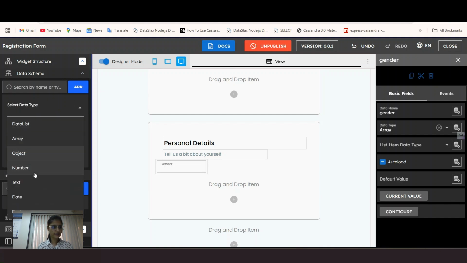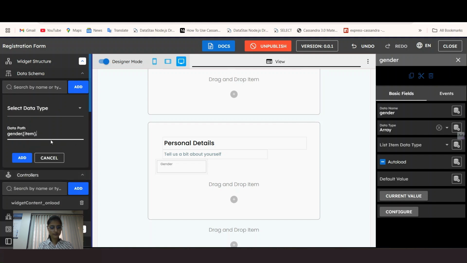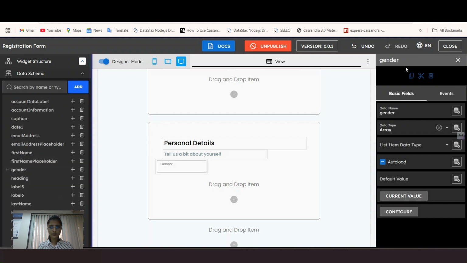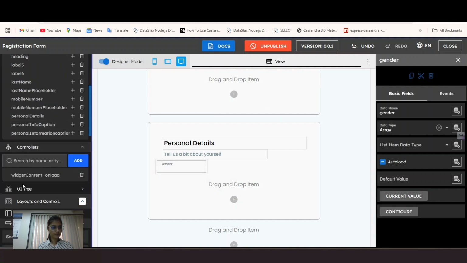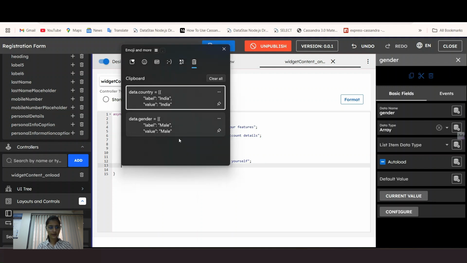Select its type as text, add again. Select it as value, select the data type as text, add. So now, to populate it with the data, we need to go to widget onload and then add the data,